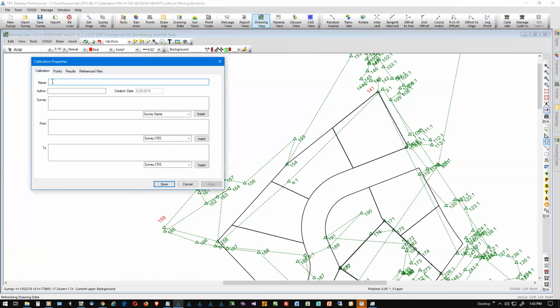Now I'll go to the calibration tab and I give this calibration a name, and I'll just call this 19-538 Jackson Heights. It's up to you how much of this other stuff you fill in. You could fill this in or not. I'm just going to hit save on this,